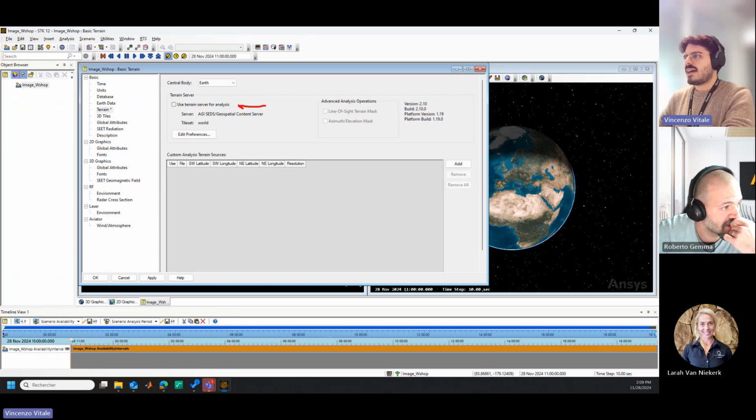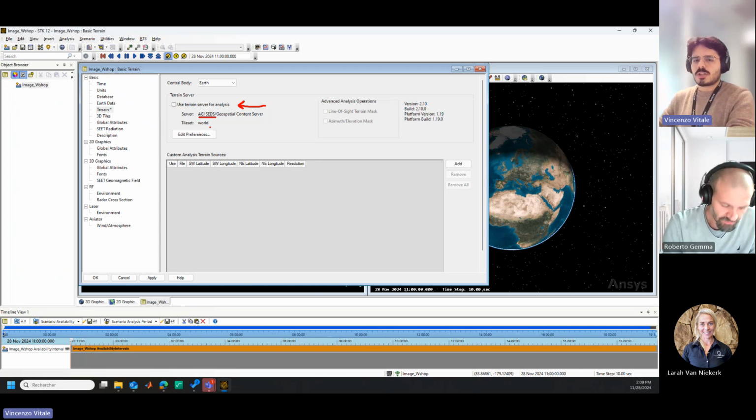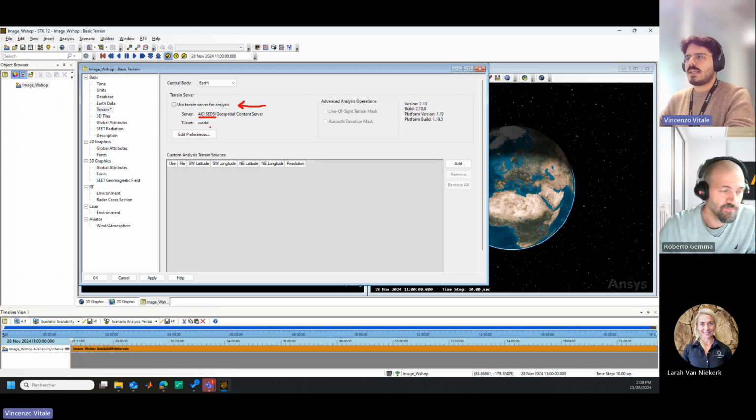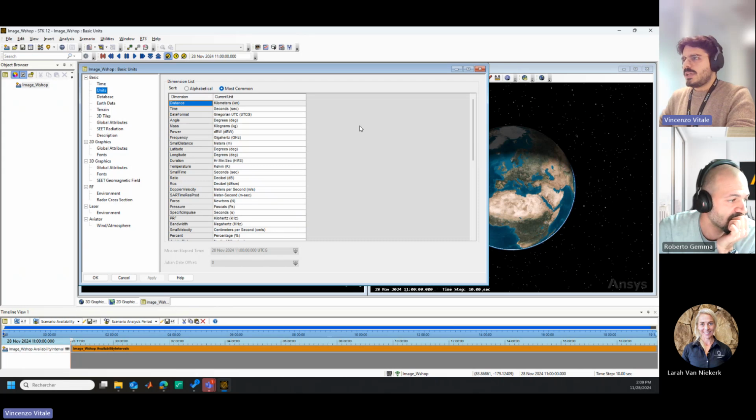In particular, the terrain server will use the AGI SEDS, the geospatial content server that is freely given by AGI for the entire world. And after that, we can press apply, and we can do a little walk through the main options that we have inside the scenario properties. In particular, units can be useful. Units